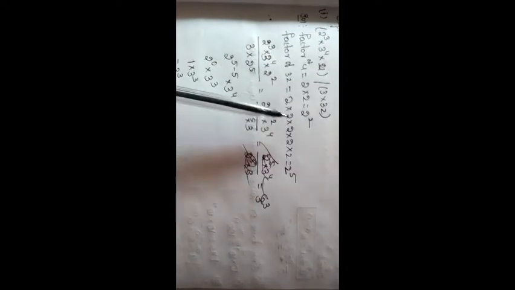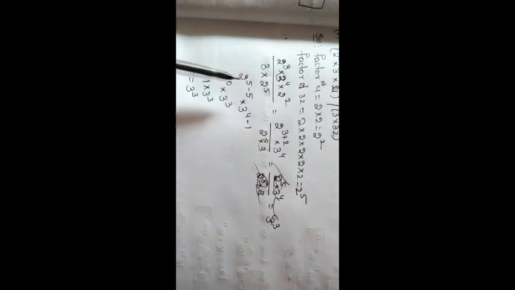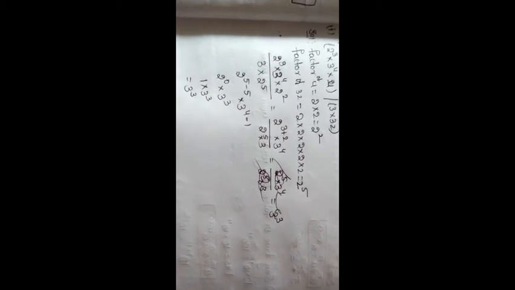Here 2 power cube is there, here 2 power square is there. Bases are equal and they are in multiplication form, so power should be added. So 2 into 2 power 3 plus 2 into 3 power 4. So 2 power 5 by 2 power 5, 3 power 4 by 3. So it is in the division form. So we will get the answer 2 power 5 minus 5 into 3 power 4 minus 1. So 2 power 0 into 3 power 3. Another formula is there: anything power 0 is 1. So 2 power 0 is 1.